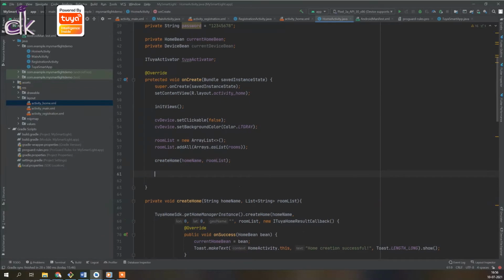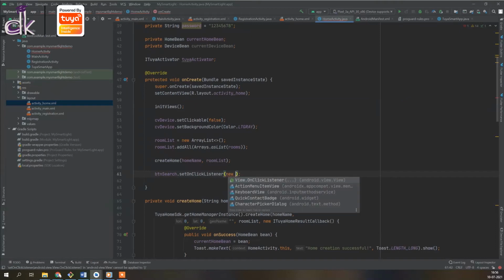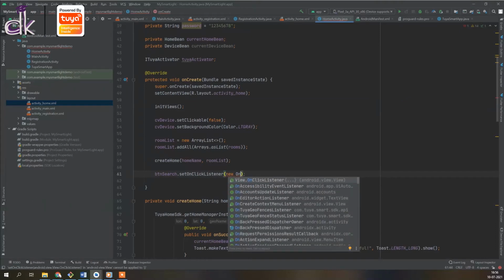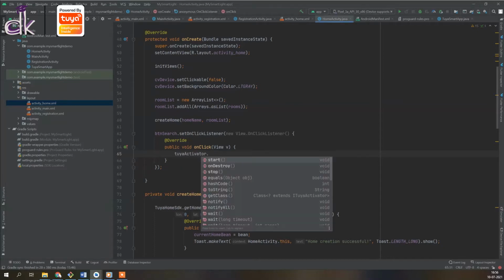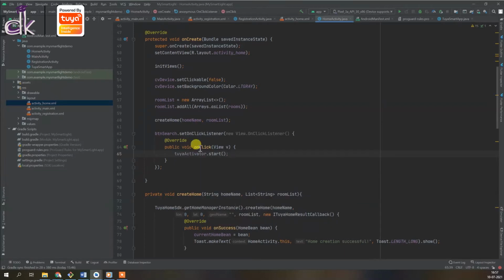So for that, just click on button search dot set on click listener, new on click, just type in on and you will get the autocomplete options. And this is where you want to actually start the search. You can just do tuya activator dot start and that will start the search.